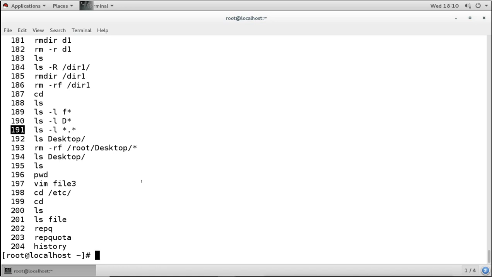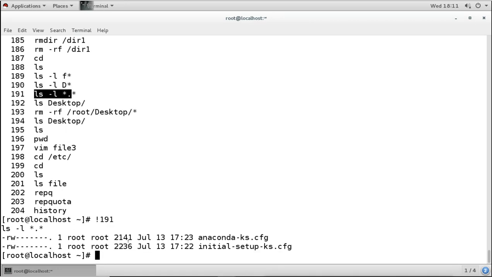For example, I want to use this command, and I know the number is 191, so I will give the exclamation symbol and then that number 191. It will rerun the command, and you can see the command is rerun and you get the output also.